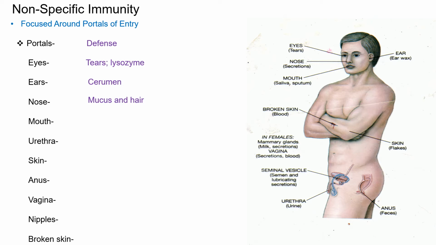Moving on, we're going to go to the mouth. Now, the mouth, of course, has saliva. But that is not the defense. Remember what you learned in anatomy. In the mouth, you have salivary amylase. Amylase breaks down starch. Well, starch is not a component of any structure in a bacterial cell, in a eukaryotic parasitic cell, or in a virus. So it will have no effect. So it'll be great on digesting potatoes, but it does nothing against these organisms.